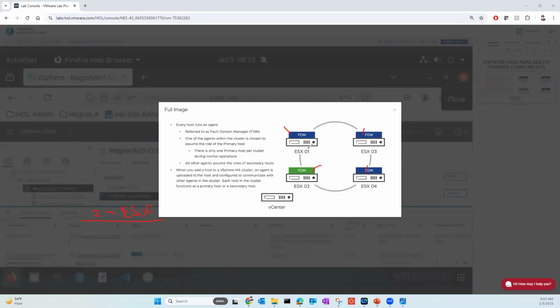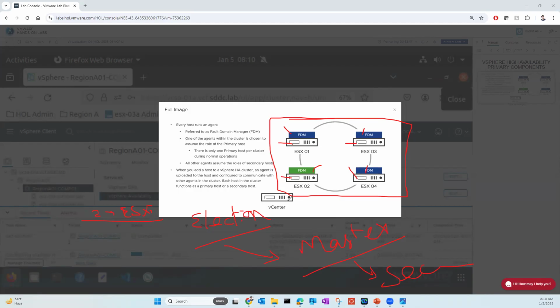So when you enable high availability for 4 hosts, let's say these are the 4 hosts, an agent is installed on each host, and then the election process is started, that who is going to be the master node and who is going to be the secondary or slave host. Who will be deciding, and how will it monitor the environment, which host is healthy, which is not healthy, what is